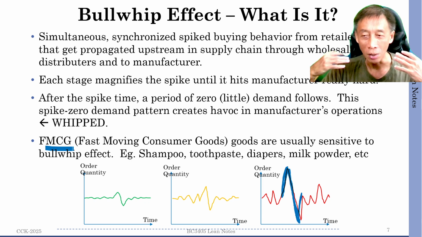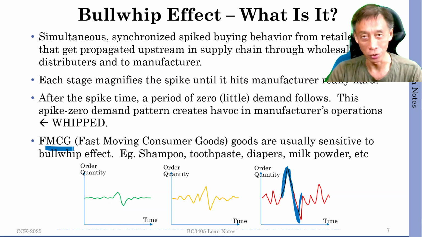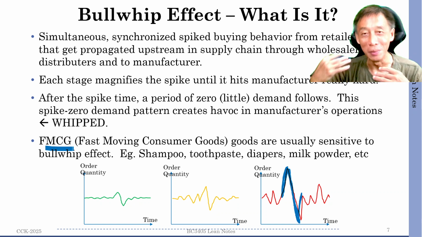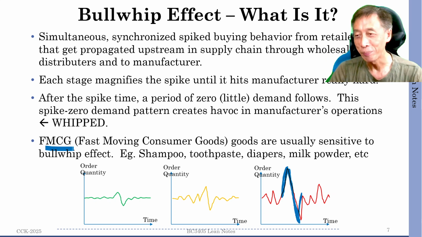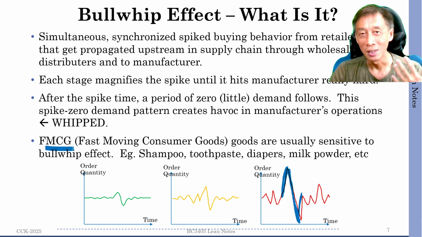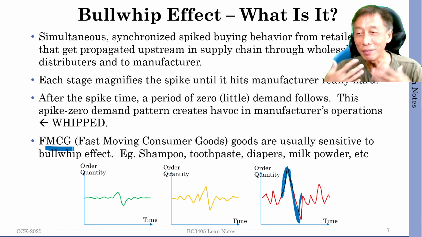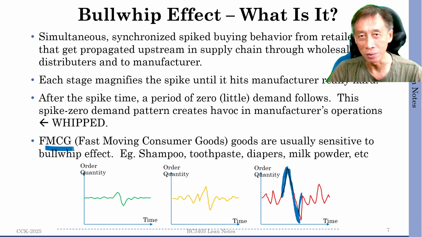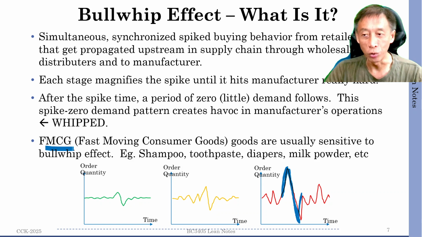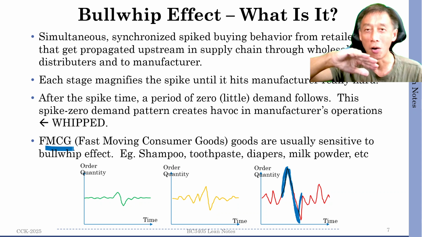So let's just narrow down to people who are rich or who can afford it, right? So let's just say that's the top 20% or top 10% of the population. Out of that, you want to talk about those who can afford it and also like the brand, like the model, like the watch. Then maybe let's say we take 20% out of that. Okay, so that's top 2%. And after that, so you know that it's very, very few in numbers, right? And so when it's so few in numbers, can they create a wave? Can they cause a wave?